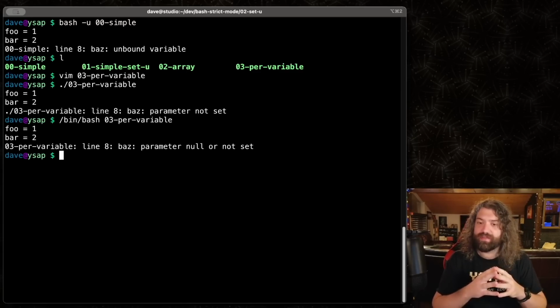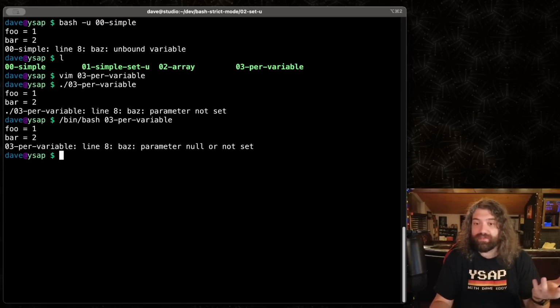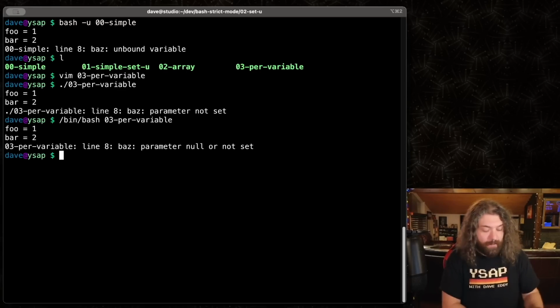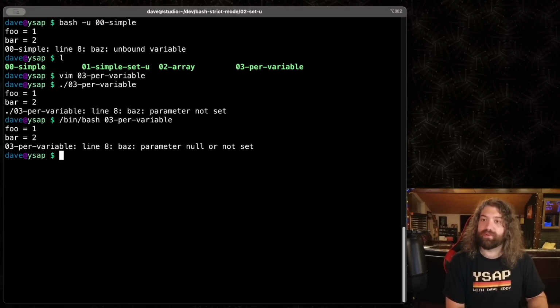You're probably safe to use something like this. I personally wouldn't. If I'm checking these things at runtime, I'm just going to check them at runtime. That's how I would do it. I would just check -z or -n to see if they're set or not. But this is a cool way of doing it per variable. Definitely really useful, especially if you're running like a runoff script or something. You just want this in there. Yeah, I would say go for this.